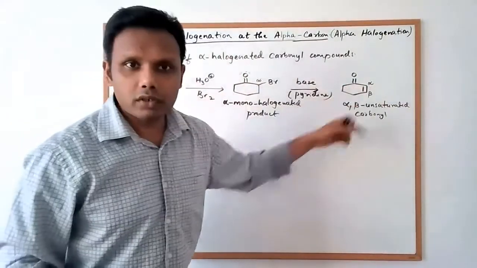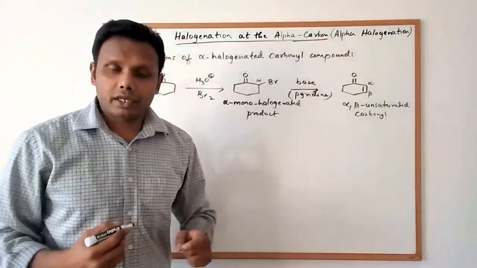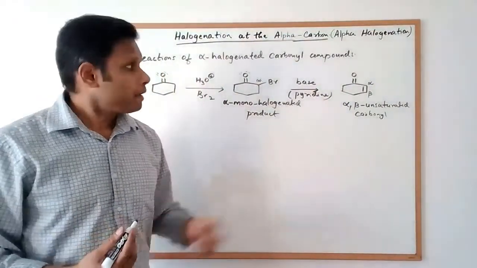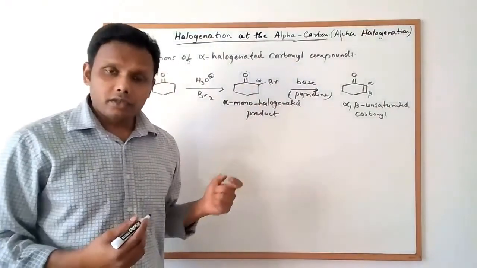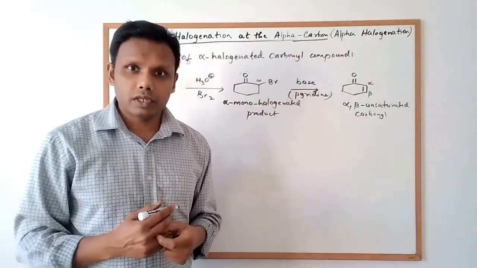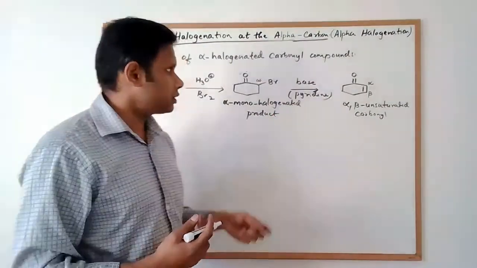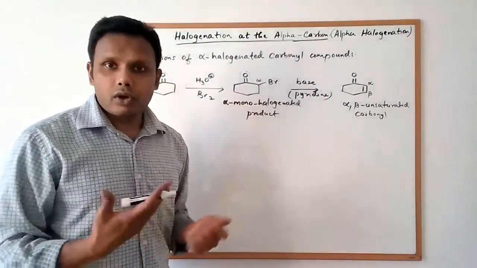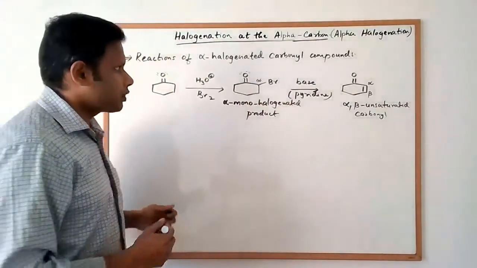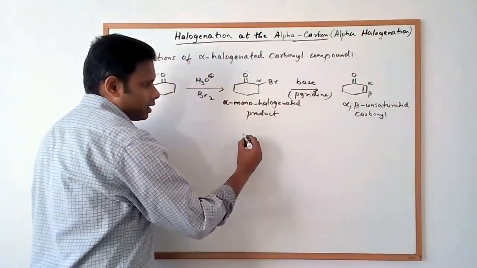So there's a double bond between the alpha and the beta carbons. And alpha beta unsaturated compounds are really useful in organic synthesis. We're going to learn another method of synthesizing alpha beta unsaturated carbonyl compounds in the next set of videos. That's the aldol condensation reaction. But the alpha halogenation offers another method of synthesizing the same class of compounds. And this reaction here is basically an elimination,